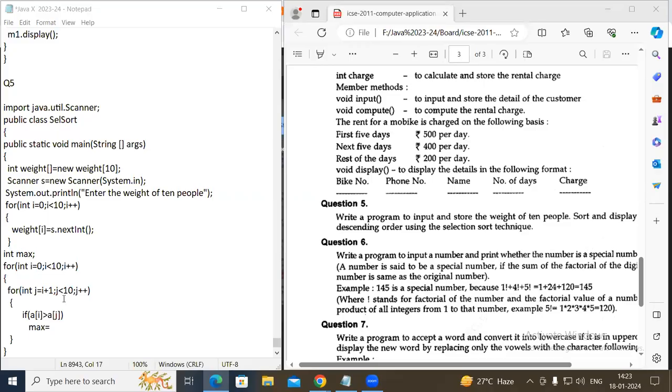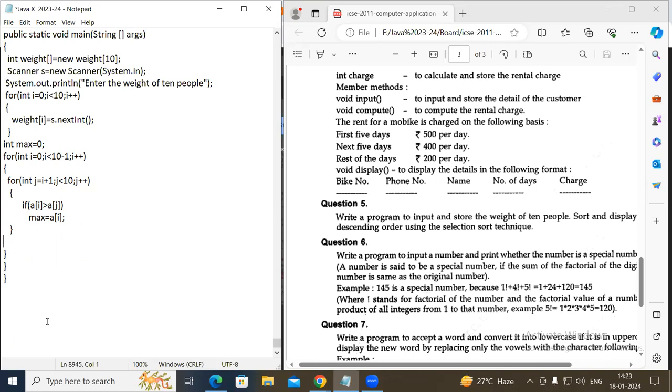First j plus 1, that is nothing but 10 minus 1. So now here, if a of i is greater than a of j, right, then max will get the value of a of i. Fine. Initially assume that max is having 0. That means once it completes the j loop, max will be having